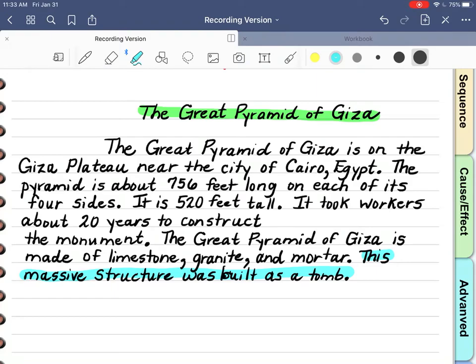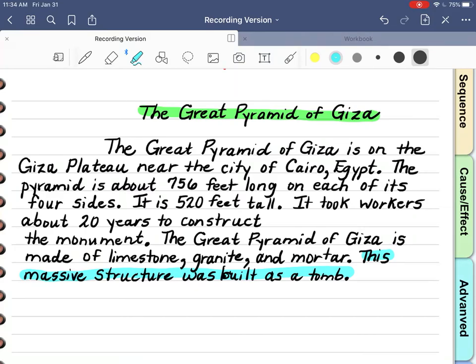And you may be thinking, wait a minute, that sentence is in the wrong place. That sentence should be at the top of the paragraph. And many times they are. Many times the main idea is at the top, but sometimes it's at the bottom, and sometimes it's in the middle, and sometimes we have to write it ourselves. So I don't want you to get in the habit of thinking that the main idea is always the first sentence, because it really isn't.